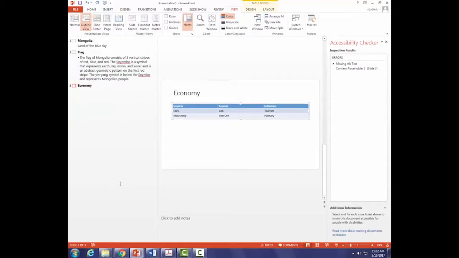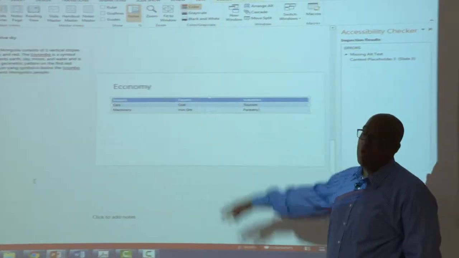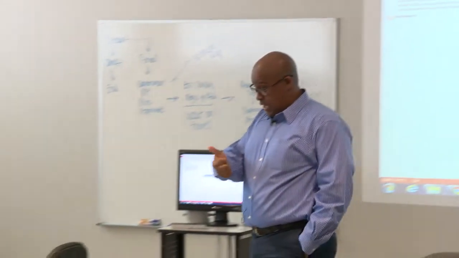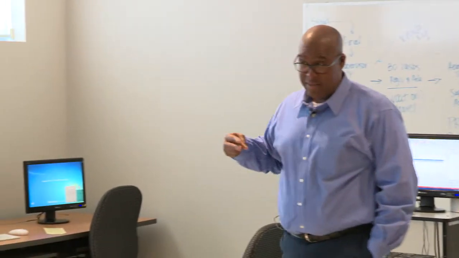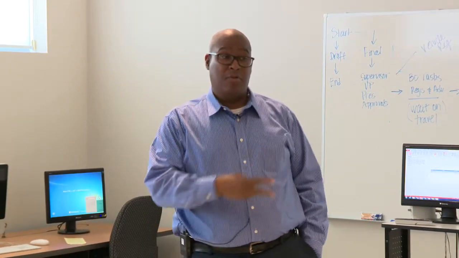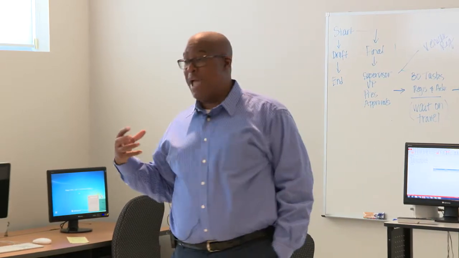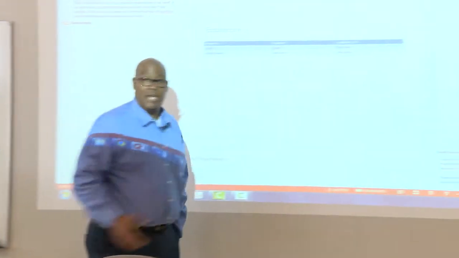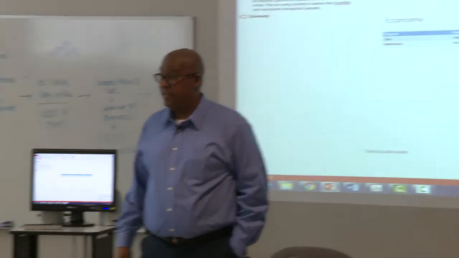Now, in Outline View, you see the slide titles. They act the same way as headings in Word, but you should notice something. There were 2 things that we put in this PowerPoint that we can't see now. One of them was that image of the flag, and another one was that table. They're not viewable. The only way they're viewable is if we add that alt text in. So if we know this table is not viewable, what should our alt text be? Exactly what's in the table, right? That's the only way it's going to be viewable. Now, we're just going to list it.